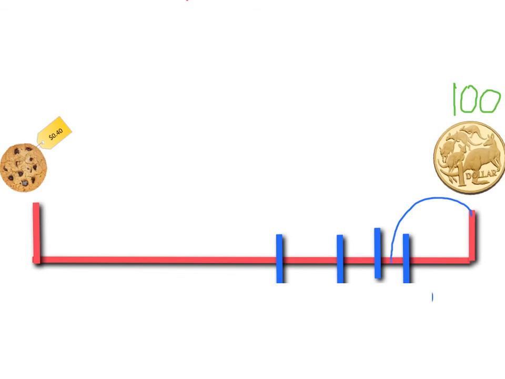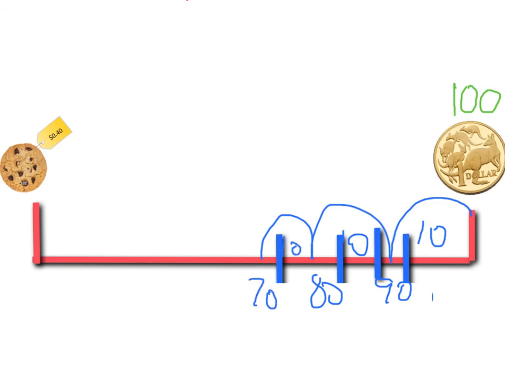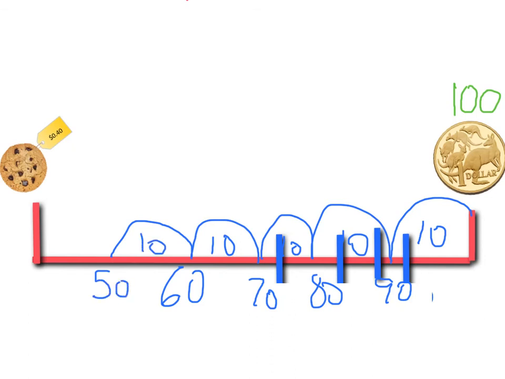I'm going to go back 10 and I'd be on 90. Another 10, 80. Oh, might have to make my gaps a bit smaller. 70, 60 cents. I'm getting closer back towards it. I'm now at 50 cents. And I go back another 10 and I'm at that 40 cents that the cookie costs. So I did a few steps back there,